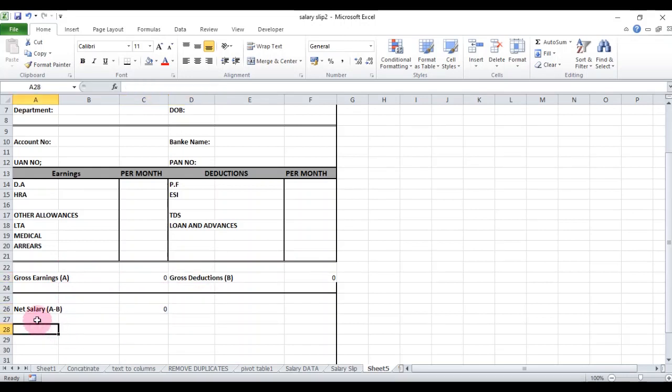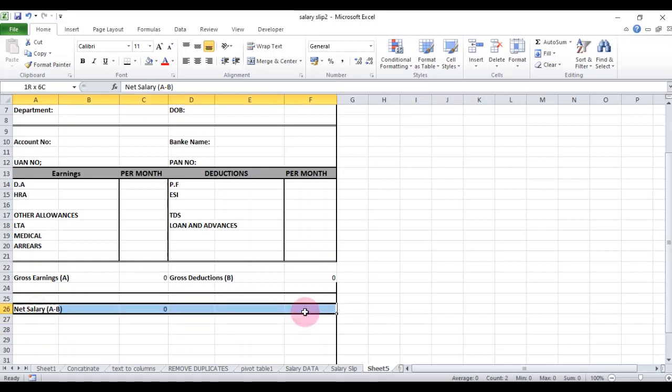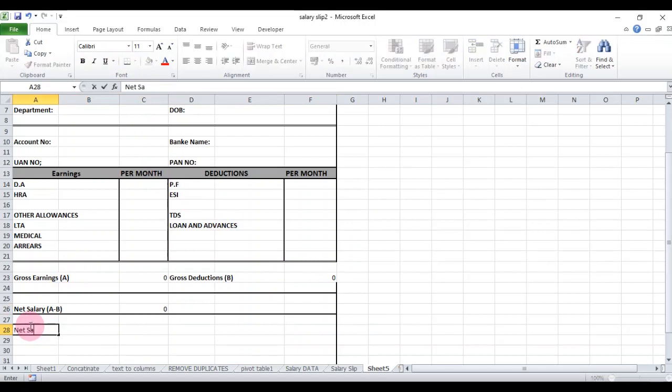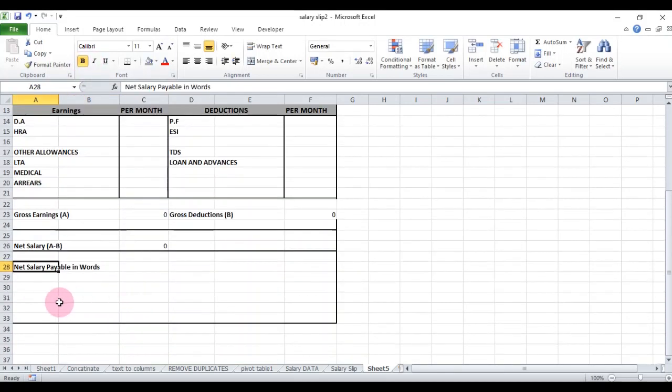Here you provide one single line border, and type net salary payable in words, bold.